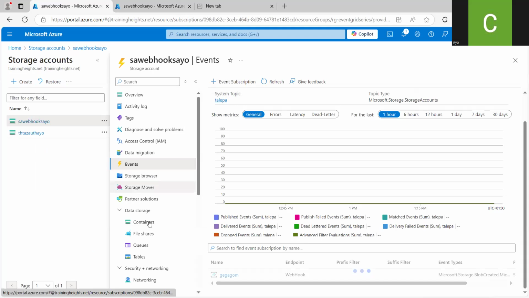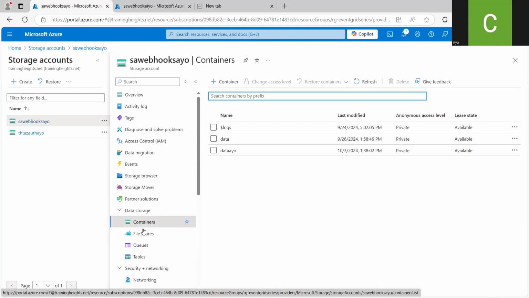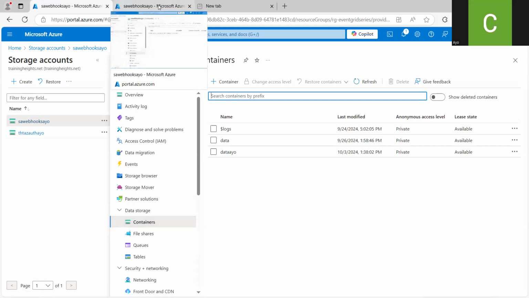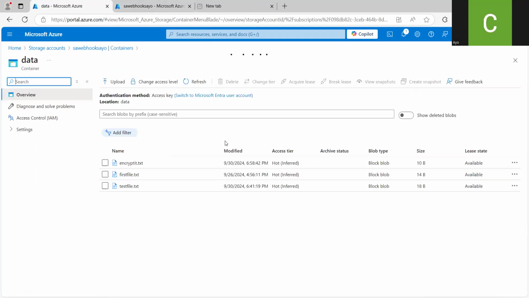Let me go over to containers. Okay, so I can see it here. For some reason, I can't see it in this other browser. So we have it here. So if I open this and try to delete, let's say I'm deleting, okay, let me start with